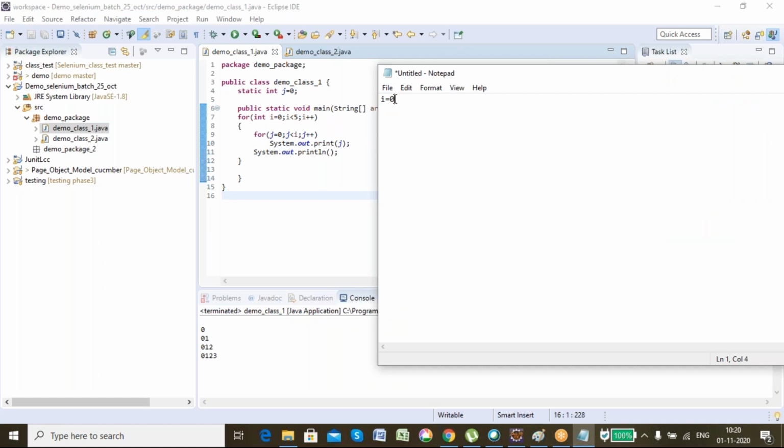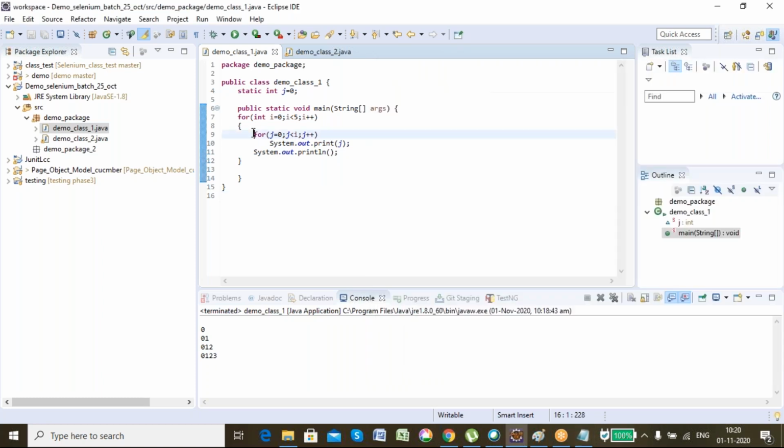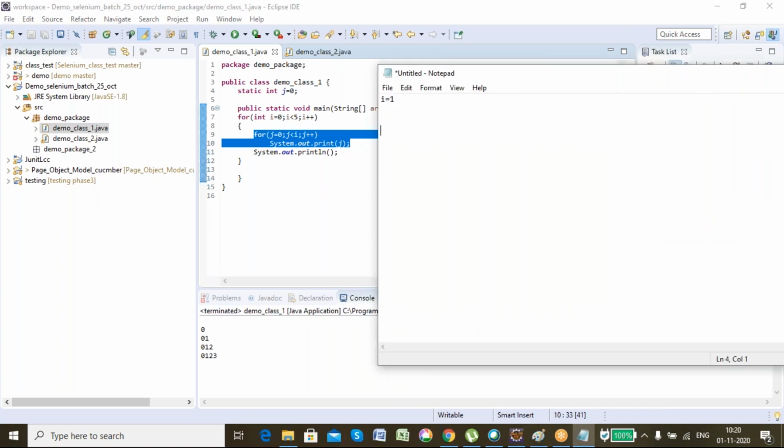Now for i equal to 1, what will happen? It will go inside here, and I will have this particular statement with 1 instead of i. The first condition: j equal to 0, 0 less than 1, right?